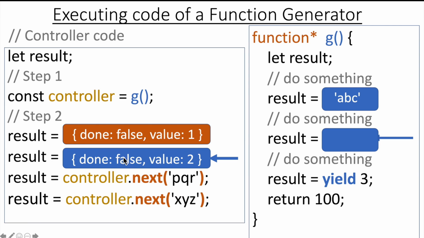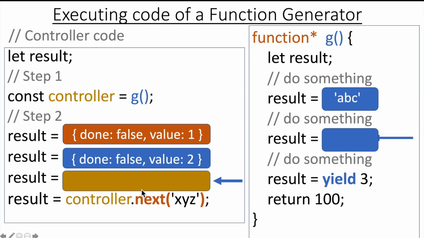Now the execution resumes in the controller code and it continues until the next method call again is invoked. And as you can guess, the execution will be paused over here now and PQR will be transferred over to the generator code side. So the execution is paused and PQR will be transferred over to this location. Now the execution resumes within the generator code and proceeds until the next yield statement is encountered, which is this